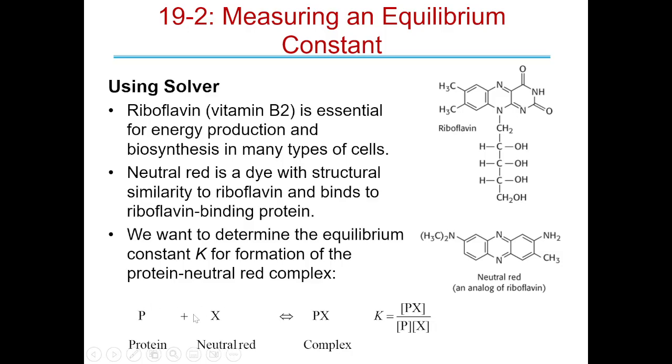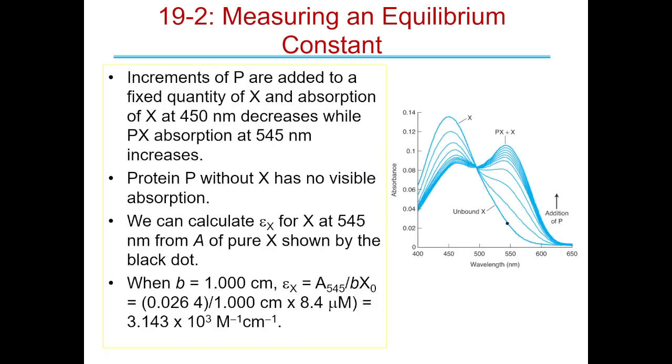Typically, these are 1-to-1 binding, by the way. And so this works out very nicely because its coefficients are all 1, right? Okay. We get that same equilibrium expression. So increments of P are going to be added to a fixed quantity of X, and